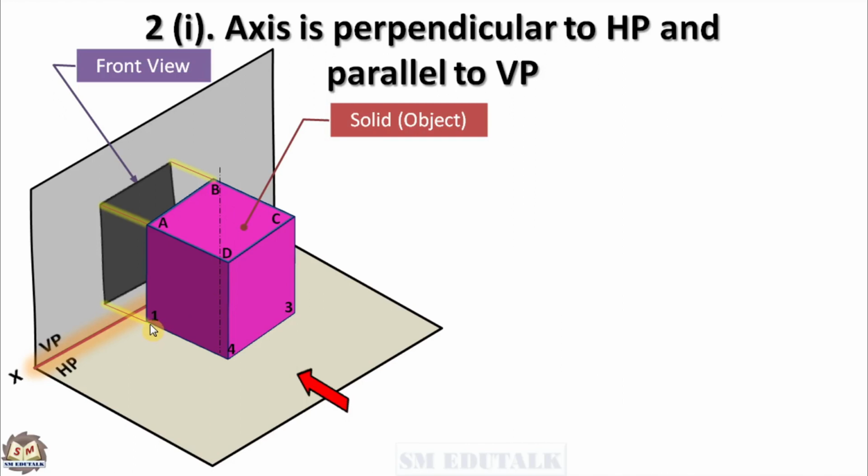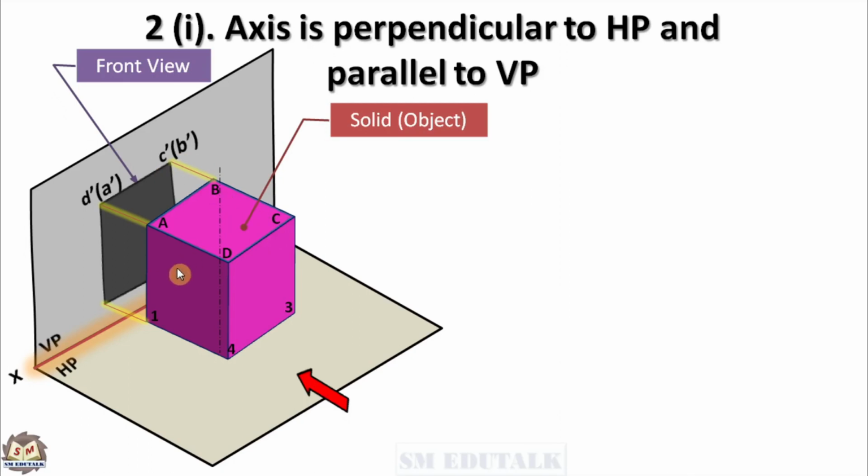It is convention to write the visible points directly and write the invisible points inside the bracket. Hence, the name of the rectangle's top left corner should be written as D dash bracket A dash, because here D is a visible point and A is an invisible point. That's why the invisible point A is written as A dash within bracket. Similarly, the name of the rectangle's top right corner should be written as C dash bracket B dash. Here C is a visible point and B is an invisible point.